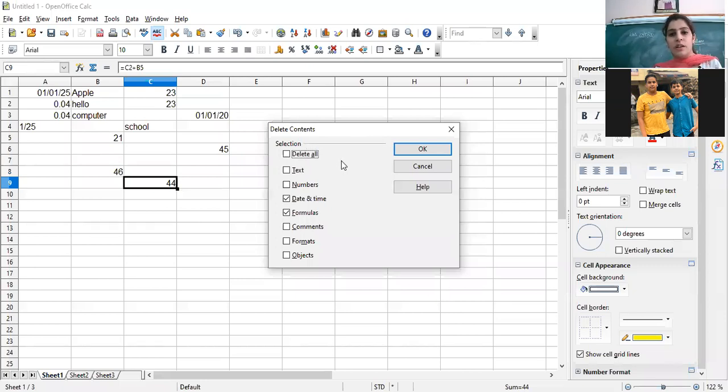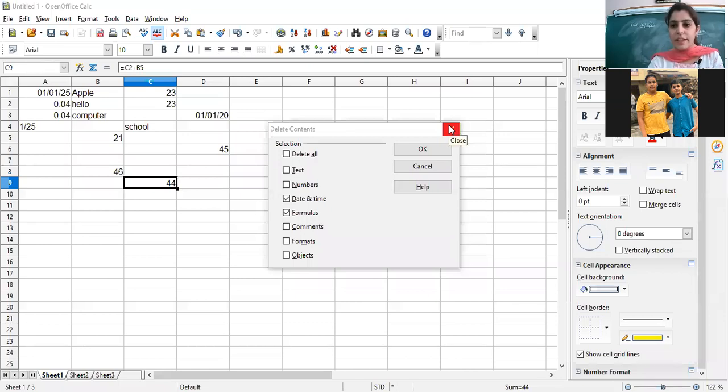Now a next question here, write down: name various options in the delete content dialog box. The options are delete all, text, number, date and time, formulas, comments, formats, objects. Clear?